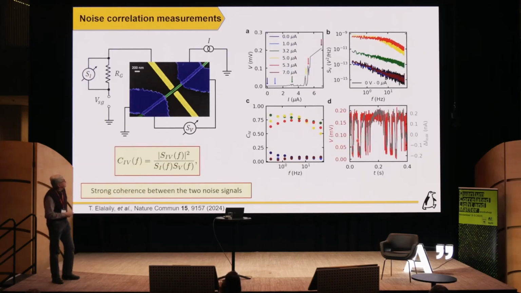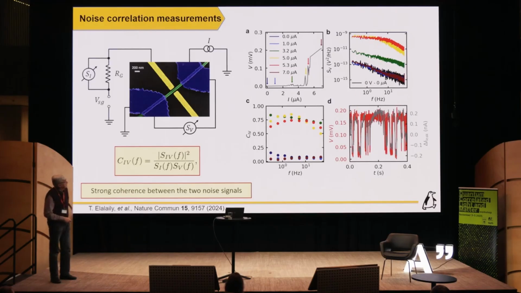And you can do at the same time the measurement of the current through the device. So this is now the noise of the current through the device, and the colors refer to these points here on the plot on the left. You can see that when you are at this regime where you have the switching going on, you get the biggest noise. And you can also do this in the time domain.